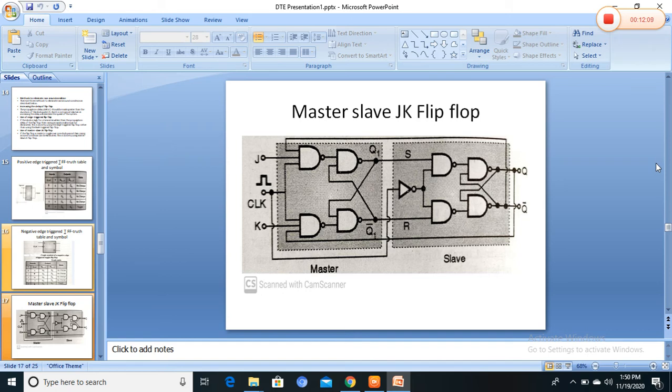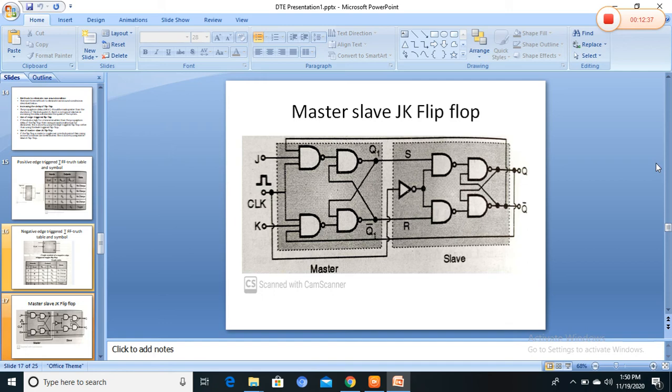and an SR latch. The clocked JK latch is level triggered, and the slave is also a level triggered SR latch. The clocked JK latch acts as the master, and the clocked SR latch acts as the slave. The master is a positive level trigger. Here the clock applied is a positive level trigger.